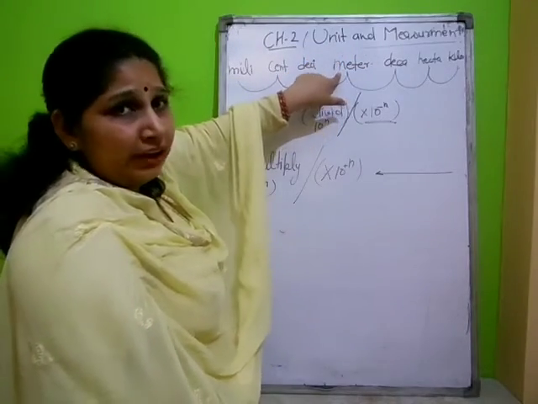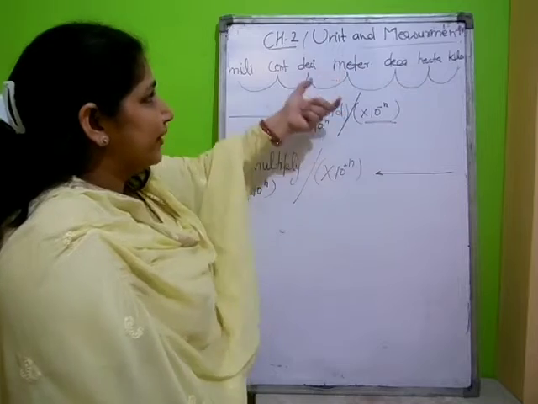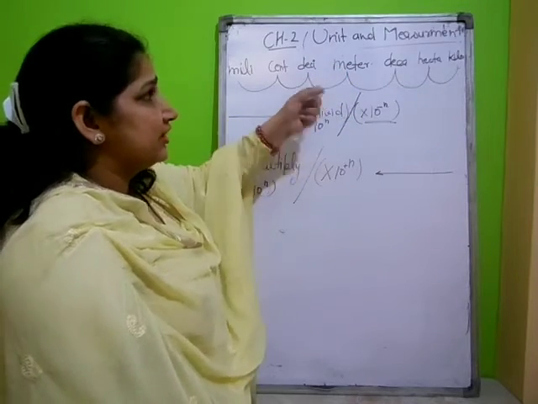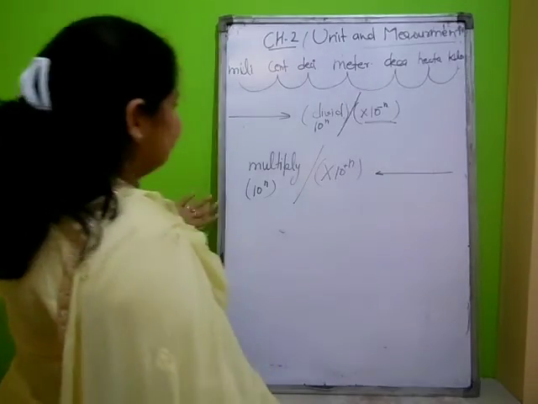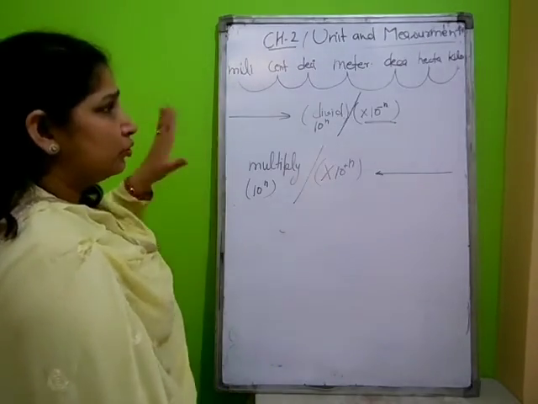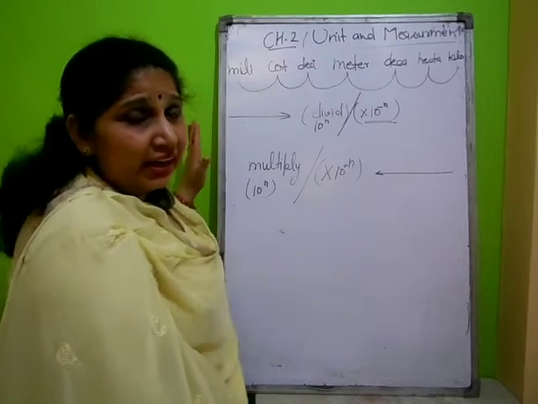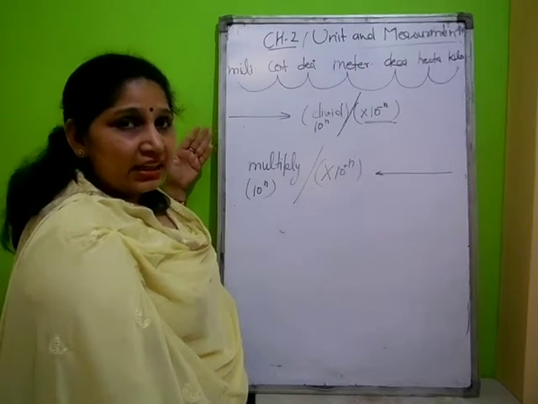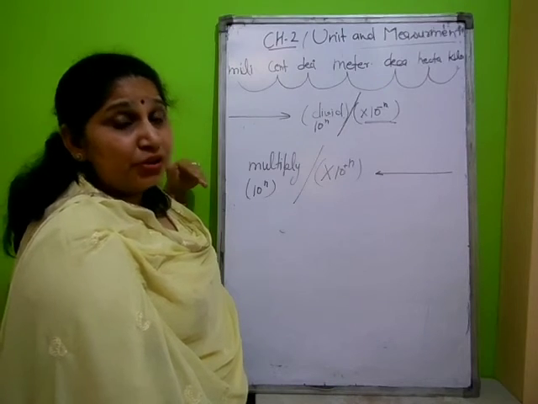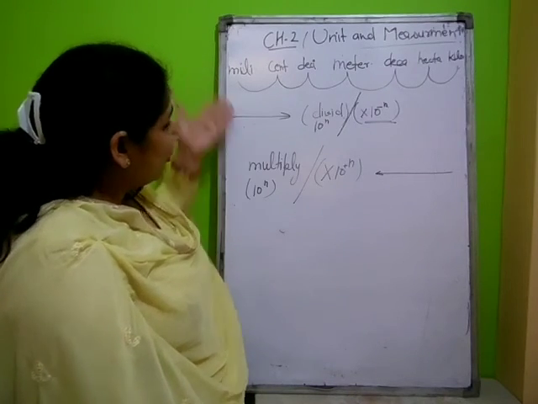Meter I will use for length. If there is quantity, then we will use liter. If there is mass, then we will use gram. Got it? This is the conversion we will use many times in physics and further chapters. As the data will be in the same unit system, we will use this many times.